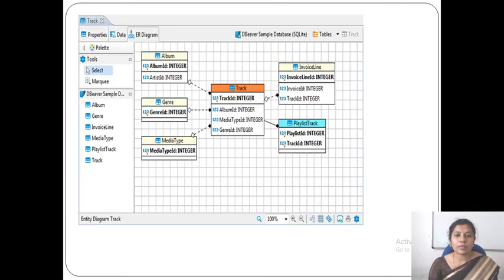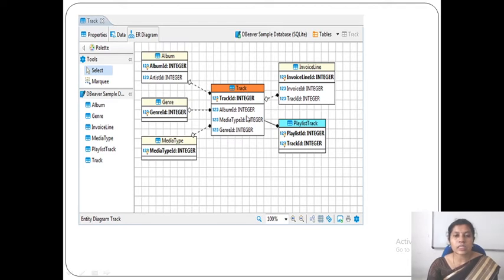So this is another way of representing the schema. Here track, album, genre, media type, invoice line, and playlist track are the different components. For example, track has track ID, album ID, media type ID, and genre ID.